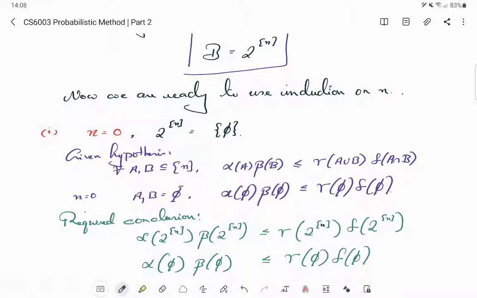So here I am doing it a bit differently from the textbook by Alon and Spencer. There, n equal to 1 is taken as the base case. I'm sure it's because that is a difficult base case, okay. n equal to 0 is far easier compared to n equal to 1. But Alon and Spencer do that because doing the n equal to 1 base case actually helps you in proving